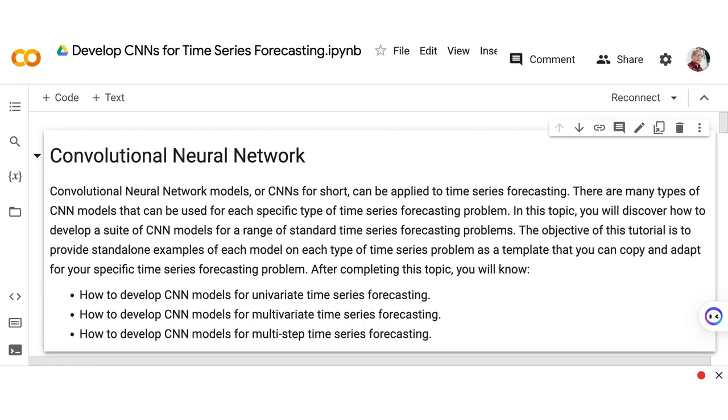We have understood that a convolutional neural network is a type of deep learning neural network architecture. Basically, its application is for computer vision, no?